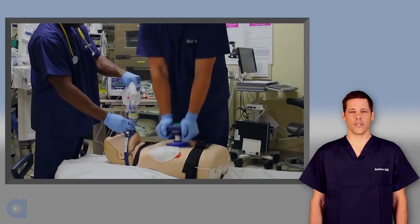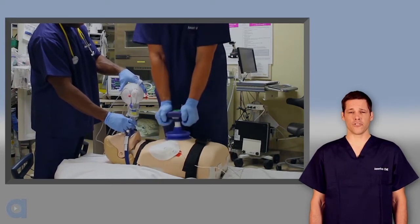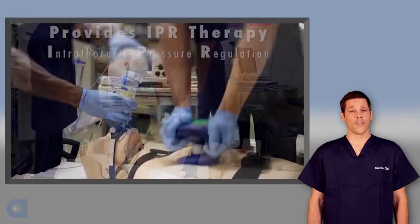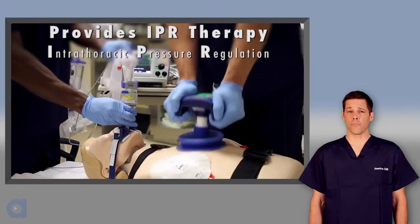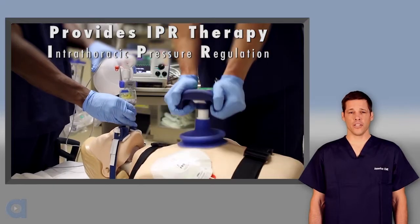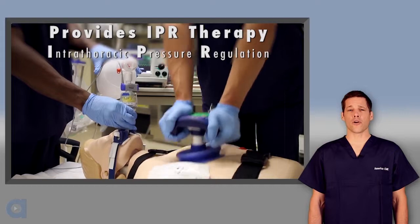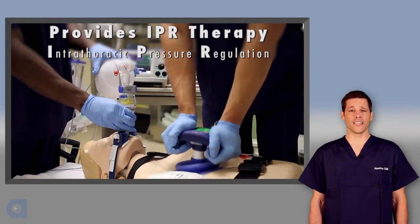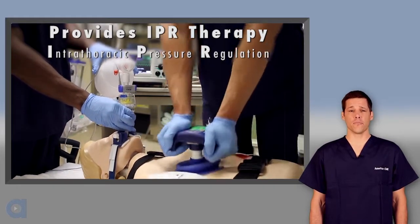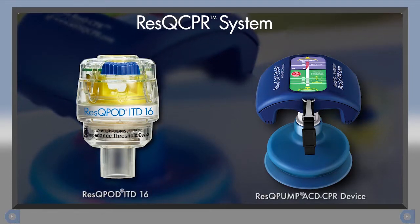Performing high-quality CPR is essential if our patients are to have any meaningful chance at surviving cardiac arrest. Thankfully, there are many tools that can help us get it right. We now have a newly approved technology that provides intrathoracic pressure regulation, or IPR therapy, to help make high-quality conventional CPR even better. The Rescue CPR system is comprised of the Rescue Pod ITD-16 and the Rescue Pump ACD CPR